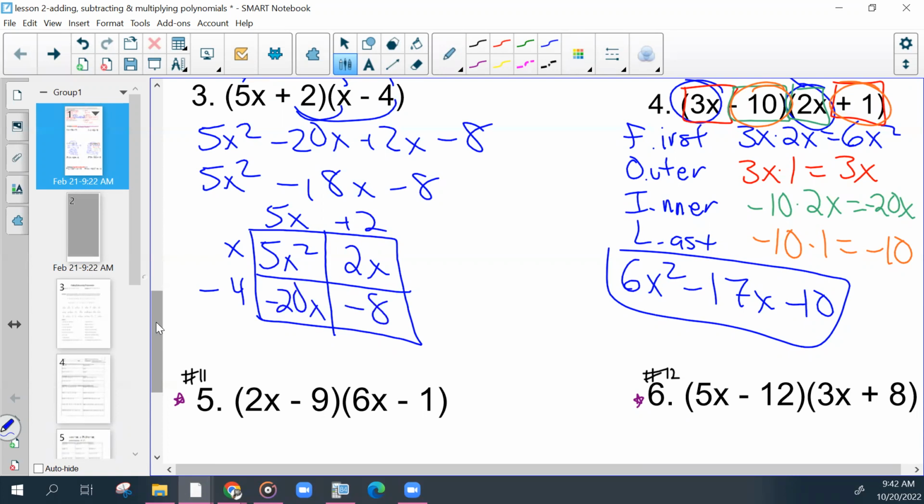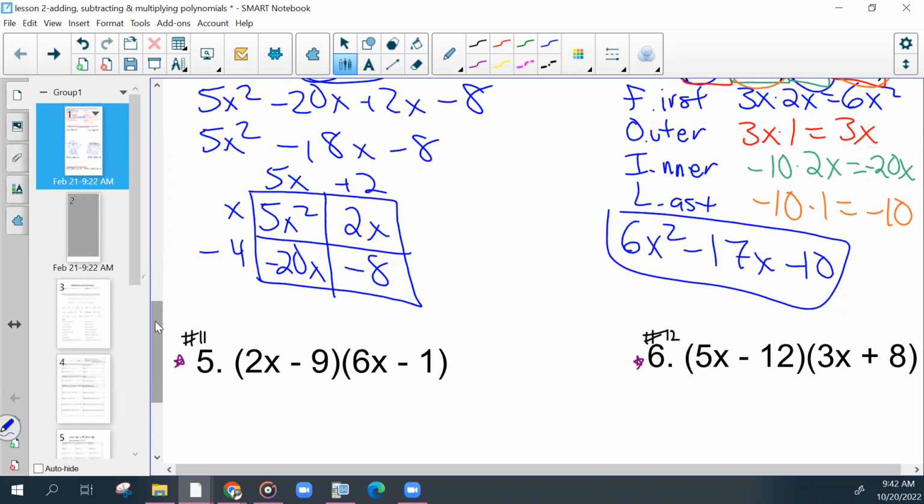I would definitely say using the box method will help you when you are multiplying binomials to polynomials, multiple things. I'll show you that here in a second. And then you would have your 4 terms, look for your combining terms or your like terms, and then just rewrite it as your final answer. So whichever method makes more sense to you, use that.